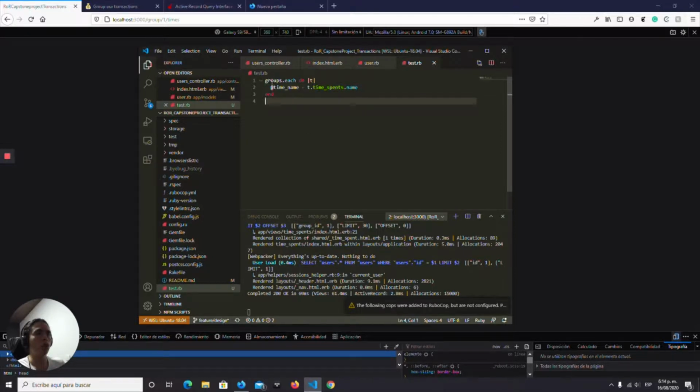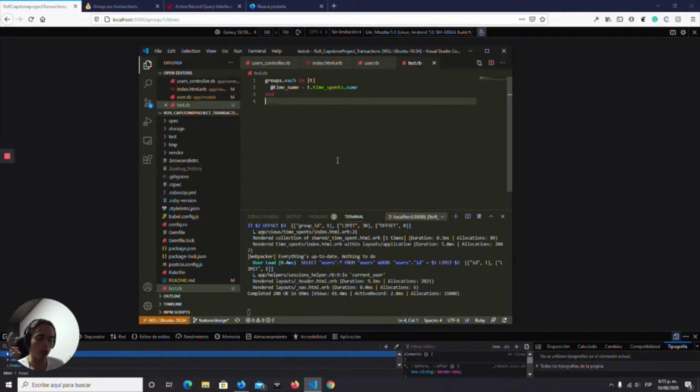So if the user asks the database which groups he belongs to, and then for each group he asks for the time spent, then for each of the groups there is going to be an n+1 request for those time spent, because the database is requesting the group plus n times, which is the size of the array that the time spent have. So in order to solve this, there are two ways, and one is using eager